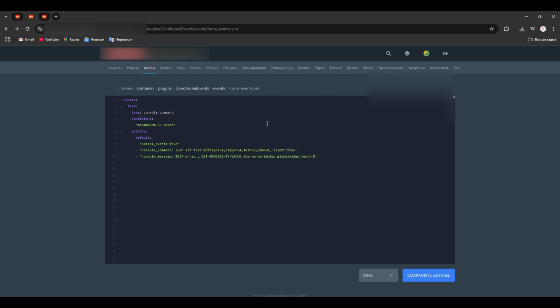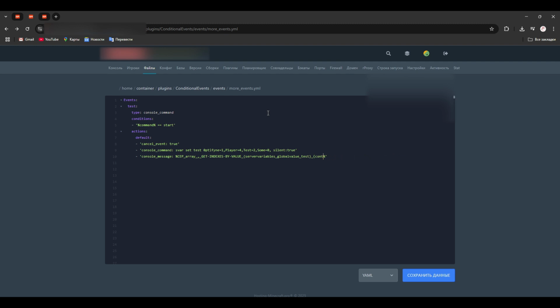Test. Then we need to specify the value itself. It may contain many conditions, like contains or not equals. It can be with brackets, and it can be end equals and so on.